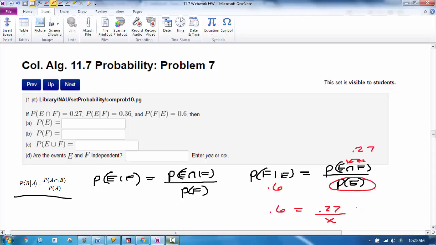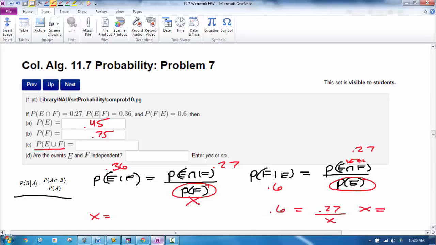So multiply both sides by x and divide by 0.6, and you get 0.45. And then if you're looking for the probability of F, which is right here, you're given both is 0.27 again, and the probability of E given F is 0.36. So once again, you're looking for that variable, so multiply both sides by x and divide by 0.36, and you get